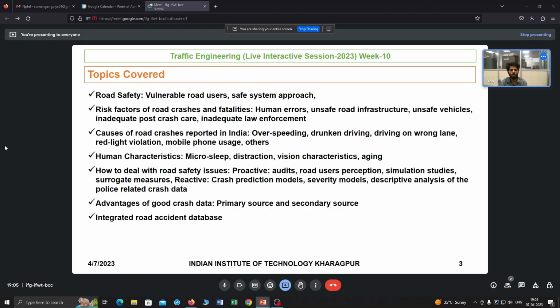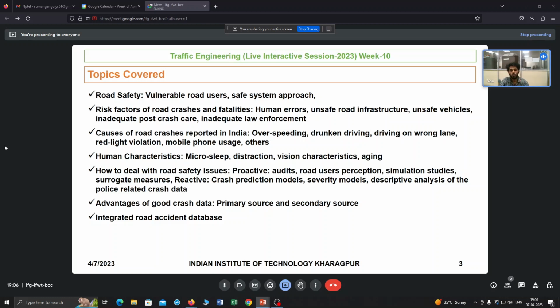And then we can also do some kind of crash severity models. So suppose location 1 is having more crashes than location 2. But if we carefully analyze, you will see that for location 1 there are only minor accidents, but for location 2 maybe 6 major accidents and 3 minor accidents. So now your accident severity is high at location 2. So not only frequency is important, but also severity is important.